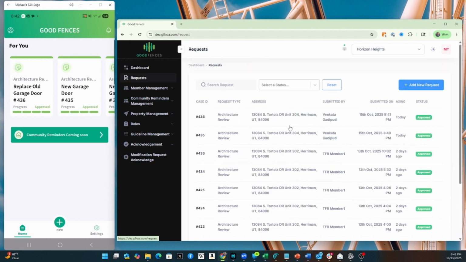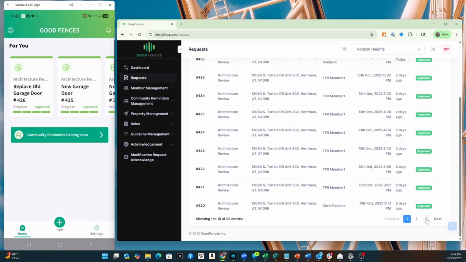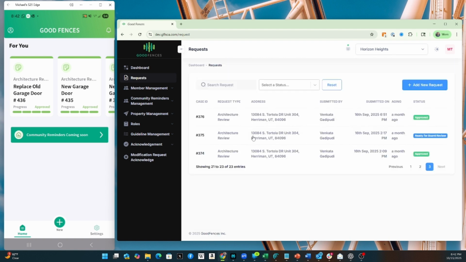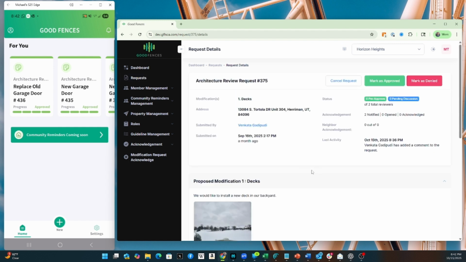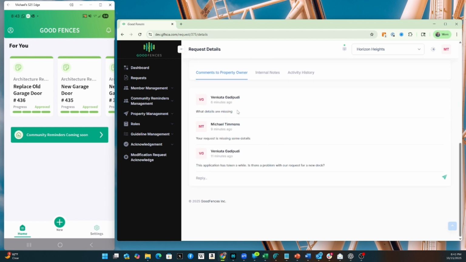Another thing I wanted to show you was that request that we talked about earlier, the one request from Venkata that did not meet the standards for the AI, so it went through the normal process where the board will vote on it. You can see here the interaction between Venkata and the staff. And we can actually send Venkata another message: you need to attach